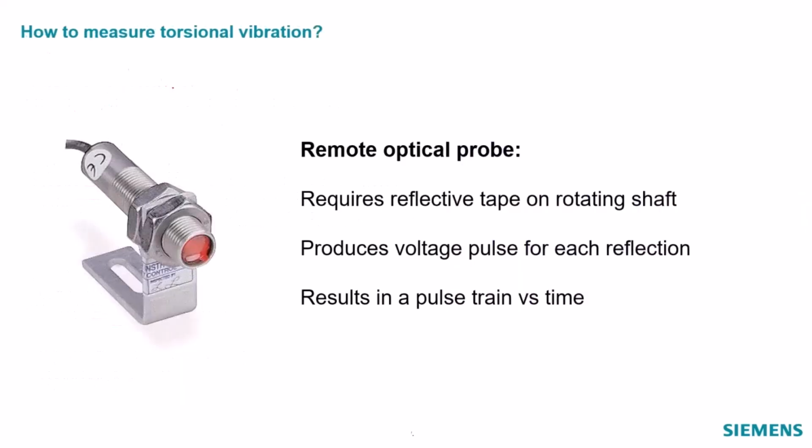So we have to measure the RPM of something. We can take an optical probe like I showed here, and this optical probe shines out a light, right? And then you have a rotating shaft, and on the shaft you might have some reflective tape like it says here, and every time the tape goes by, we had one piece of tape, we would know how long it takes for one revolution, and we could estimate the RPM.